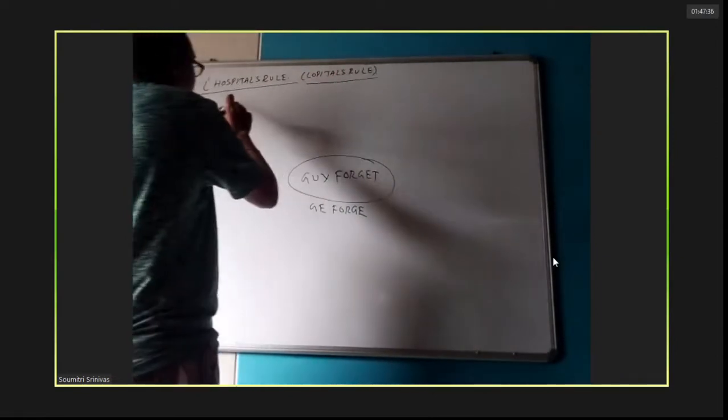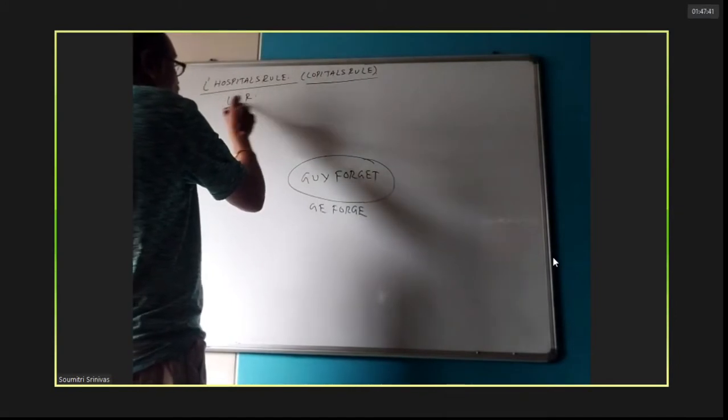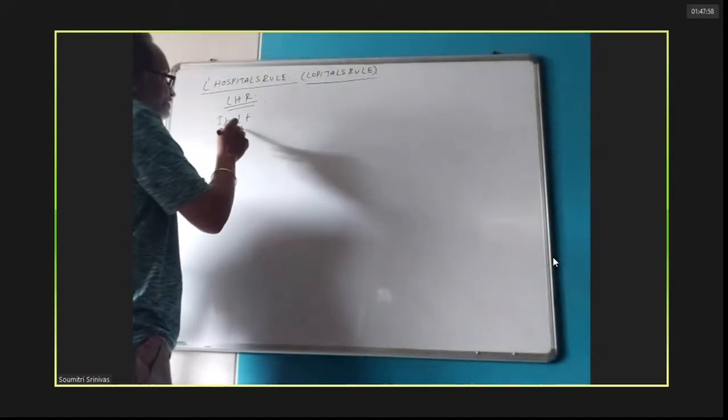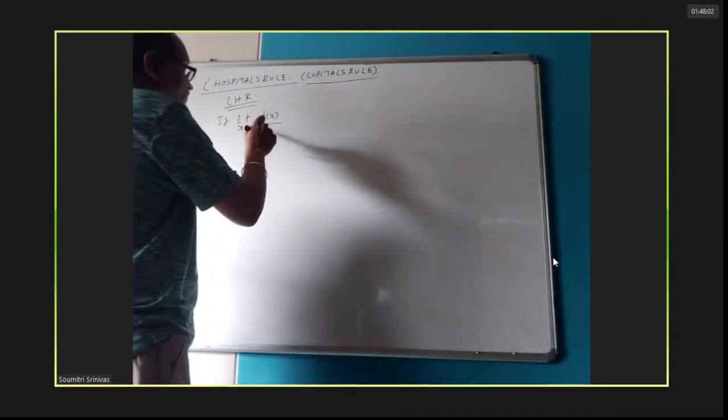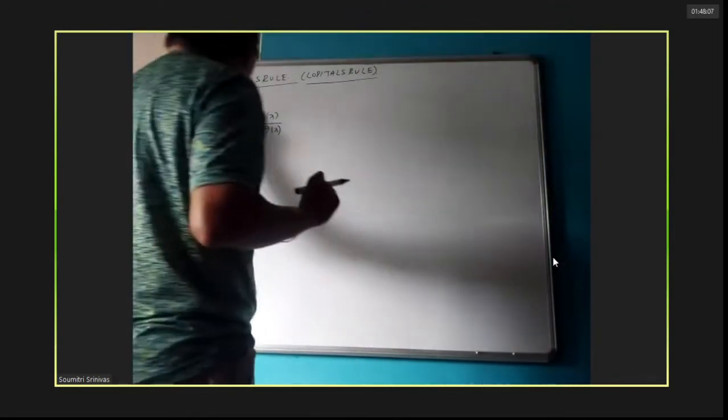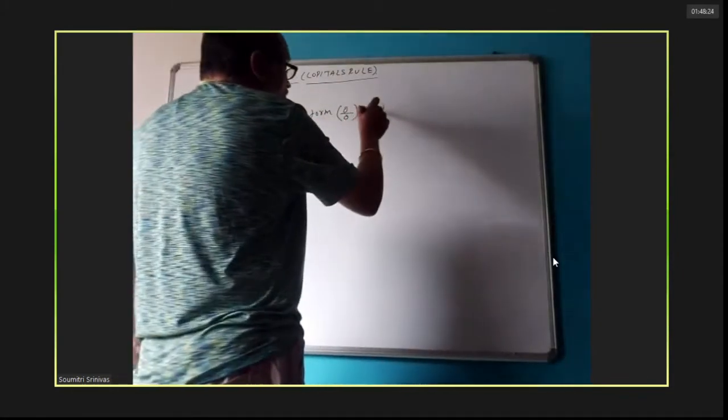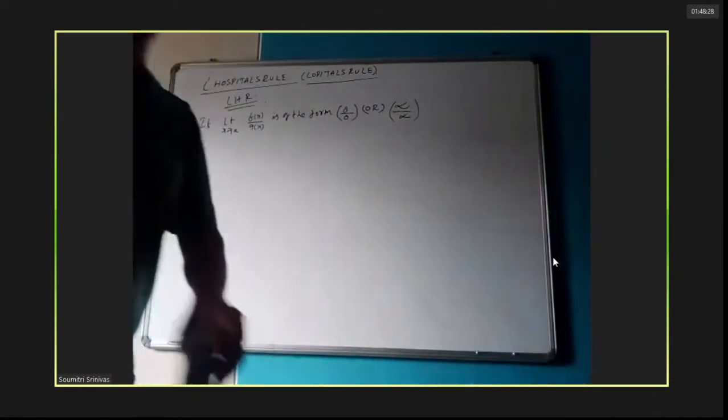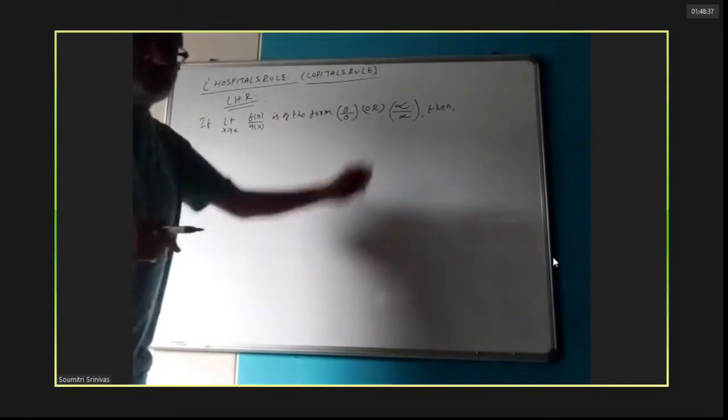Why all this controversy? I just read it as LH rule. What does this LH rule say? Pay attention. If limit x extending to a, f of x by g of x is of the form 0 by 0 or infinity by infinity, then